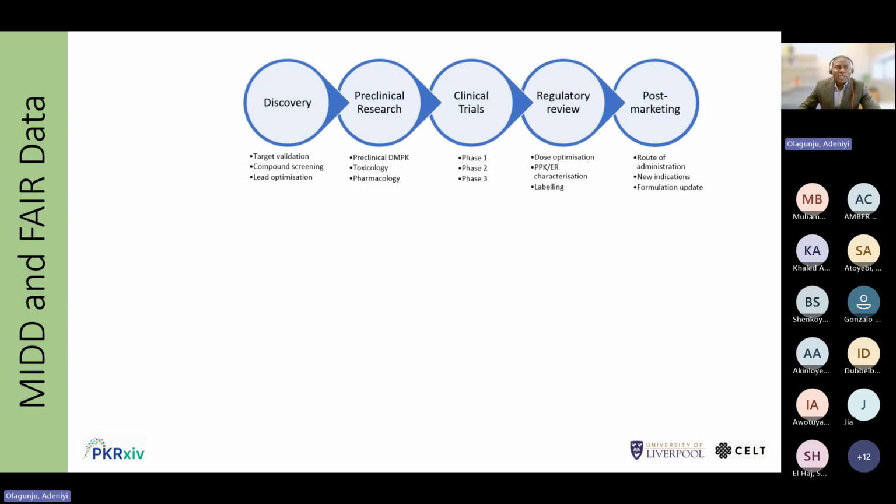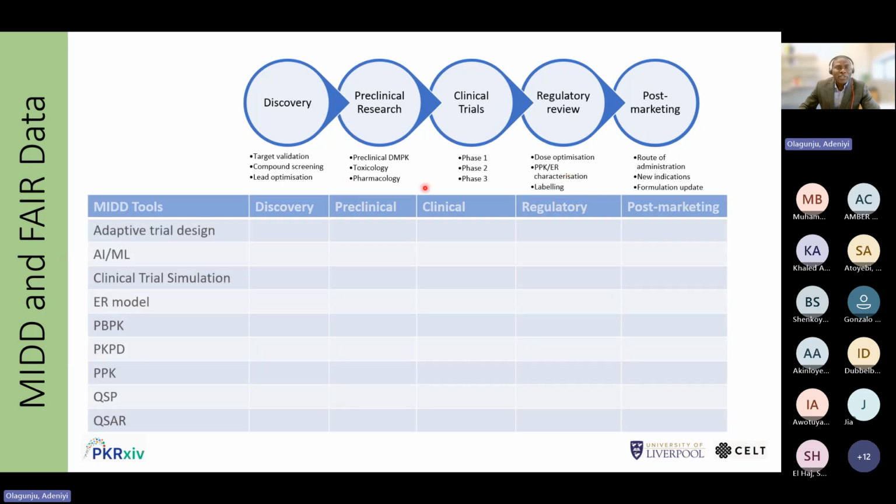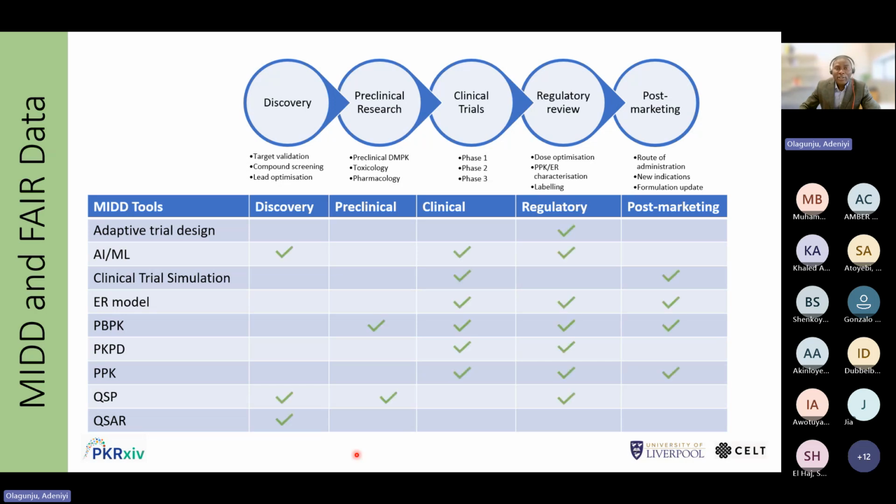Now, just to further illustrate the different stages of drug development and how model-informed drug development approaches can be beneficial. These are the different stages with some highlights of things that take place during those stages. These are just examples of MIDD tools that will benefit from individual level PK data and associated covariates. And if you think about which of these stages these tools might be useful for, this is what I found